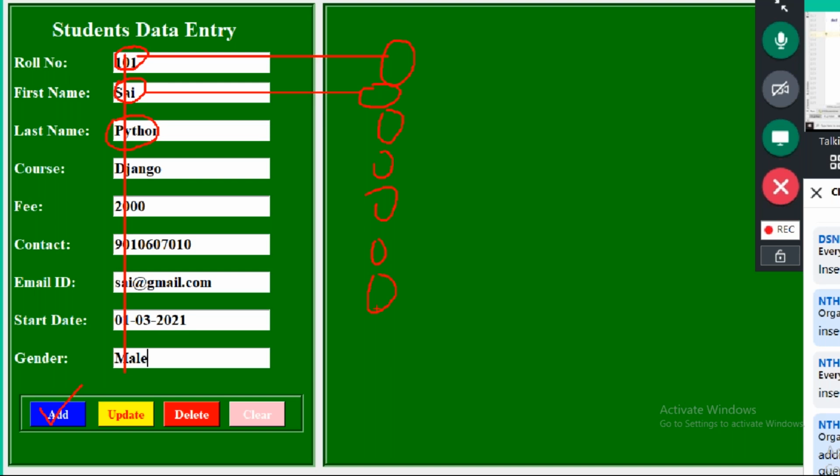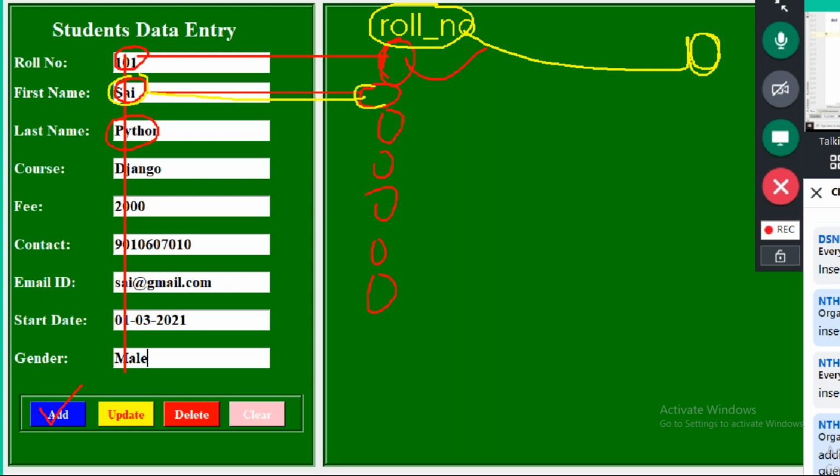Later, what do I do? These variables I send to the model table columns. Suppose there is a variable, for example, I'll take the variable name roll num, guys. Next, what do I do? This variable I send to which column? Table roll number column. I assign it there. That's all. Next, first name. What is given here? The name is given. Take it in a variable. Later, this variable I send to the table first name column. Like this, guys, we do now.